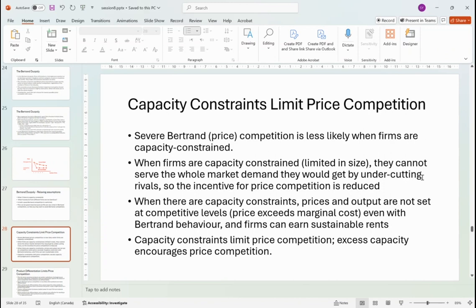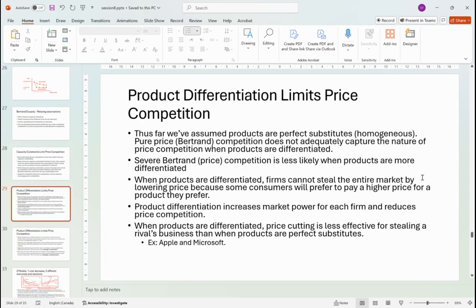And that means they cannot keep undercutting the price to get the entire market. They have to stop somewhere above the marginal cost, right? And since they stop at some price above the marginal cost, that means there would be some positive economic profit left for each firm, right? And the price is not going to be the same as the equilibrium price.